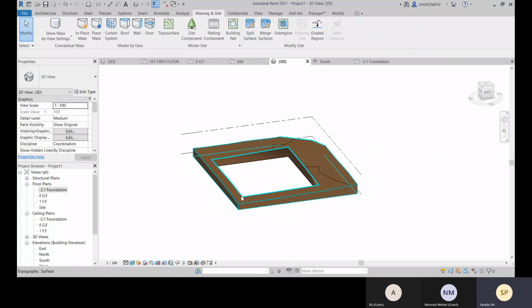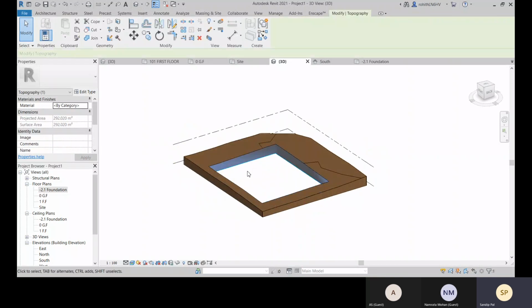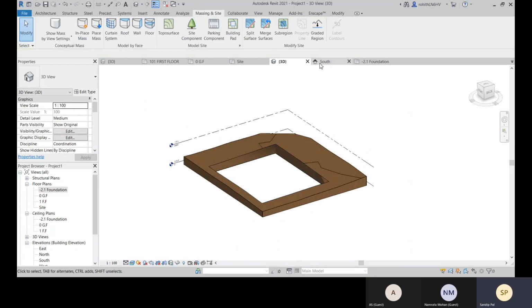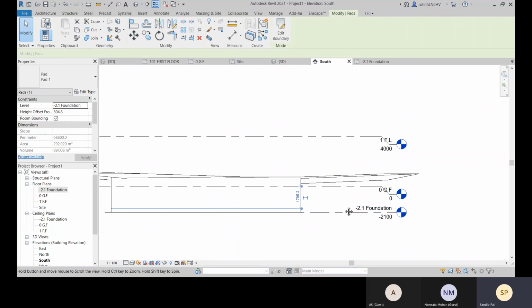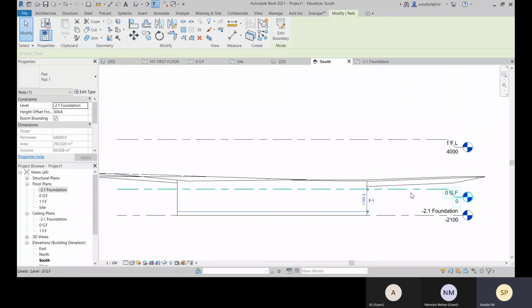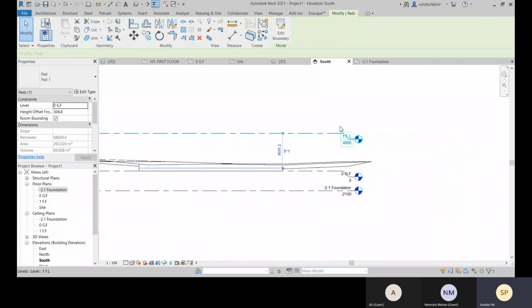Right, so this thing you can check it in just for your visibility purpose. Because I'm facing the problem with visibility, let me change this to ground floor. Okay.